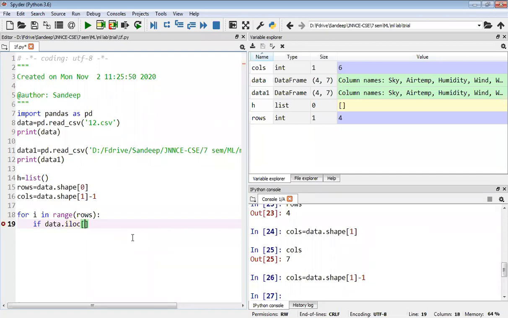If I'm in the first row, the index is i. You are in the first iteration of the for loop, the i value is 0, and that last column value is nothing but 0 comma 6. So we are going to check whether yes is there or not. If yes is there, it's a positive example.